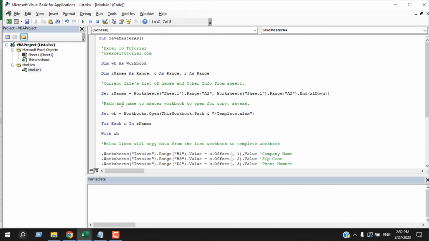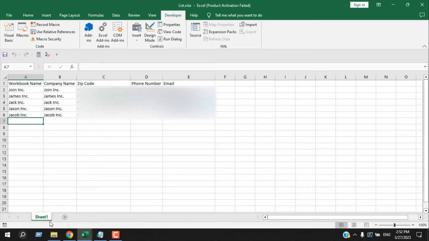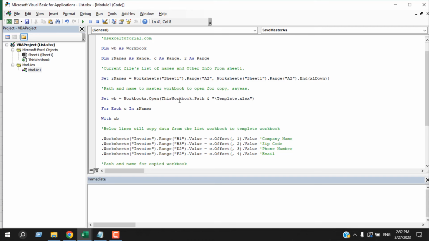Let me explain it. The first thing you'll need is the worksheet name. Okay, so our worksheet name is sheet 1 and our list starts from cell A2. Okay, so let's check it. In our list workbook, our worksheet name is sheet 1 and our list begins from cell A2. Now here we have our